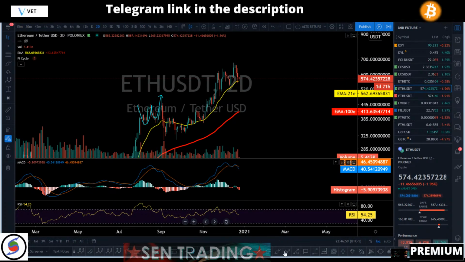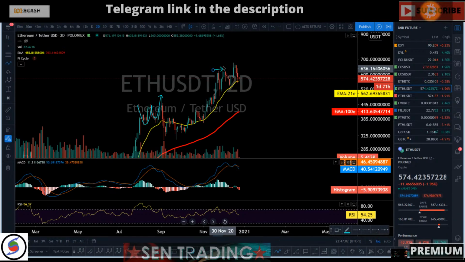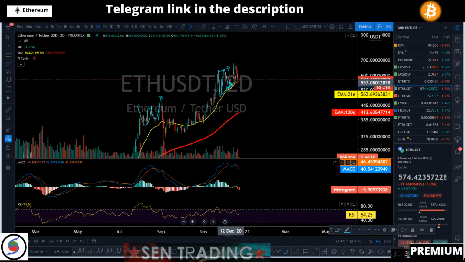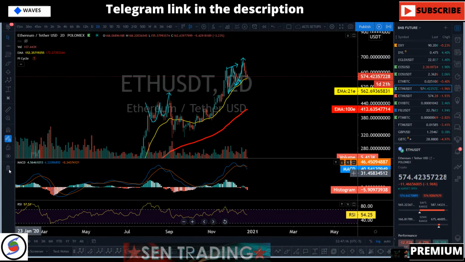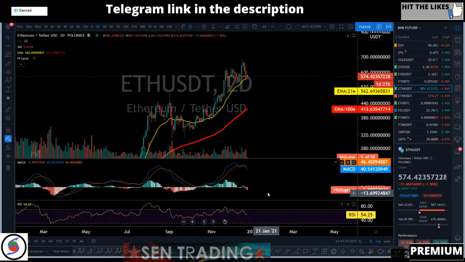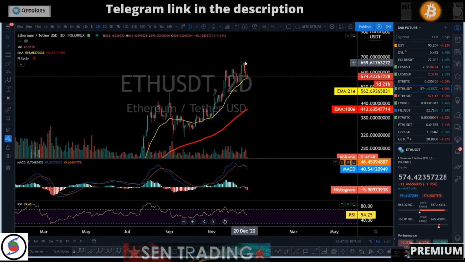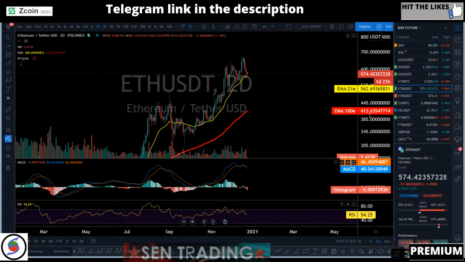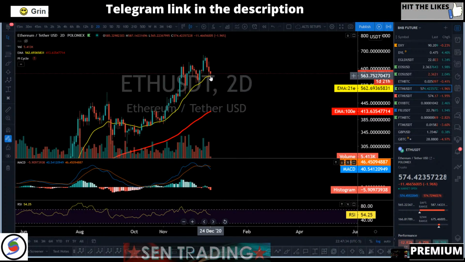All I was saying is the bullish flat correction right here and a continuation. We did get the continuation, but we said exactly in our premium that 670 to 675 is going to be temporary resistance, and the temporary resistance dropped all the way down to our 577 to 590 secondary support. Secondary support was right there, and we even dipped down to the 2-day 21 EMA, trying to front run it. That's why I said 577 to 590.